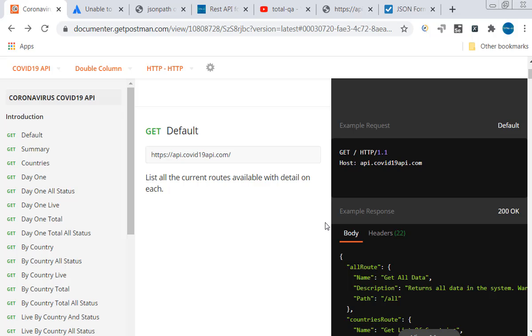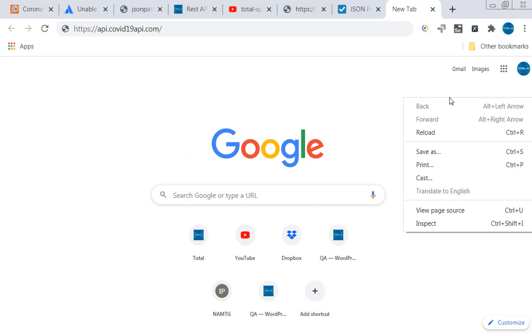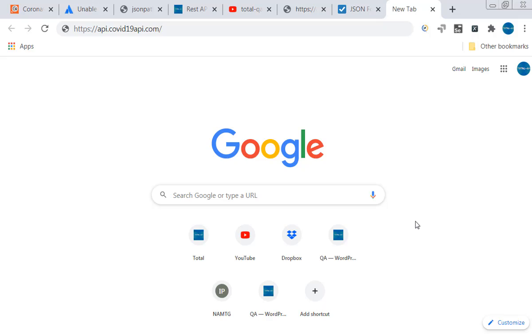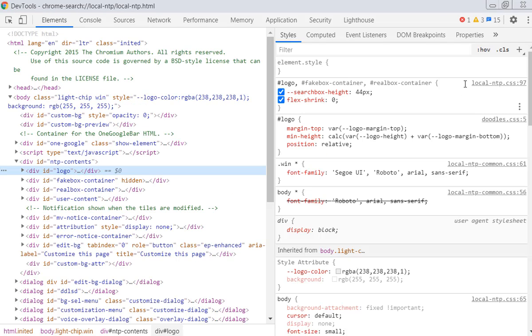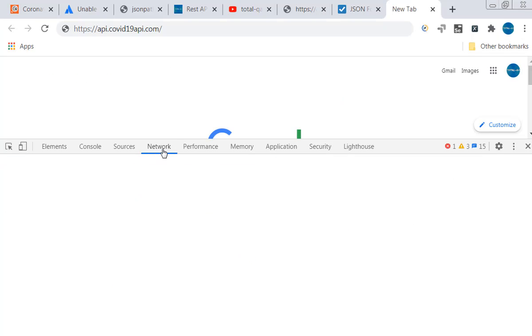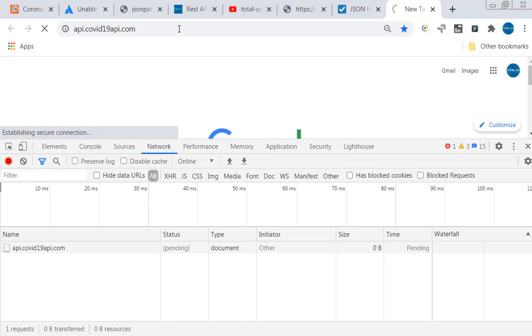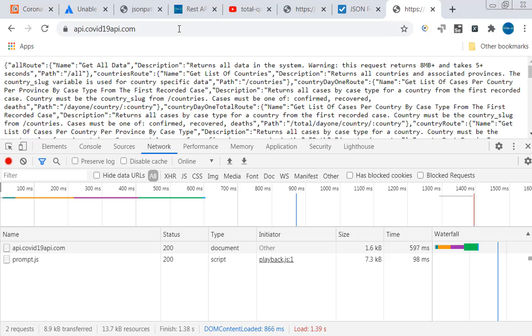Okay, so now let's understand this request and try to automate it using the Rest Assured API. First, let's understand this request. For that, let me copy this request and put it in the browser. Before we hit enter, right click and say inspect. Try to put this at the bottom of the web page. Go to the network tab and select all. Then hit enter on your keyboard. So we get to know the request here.